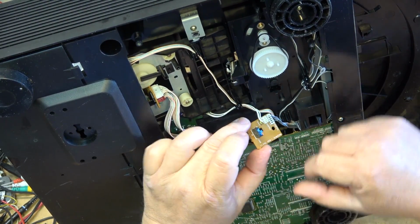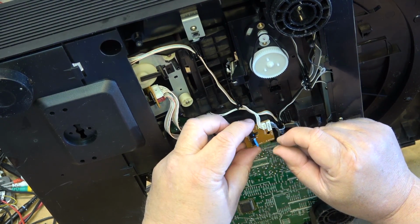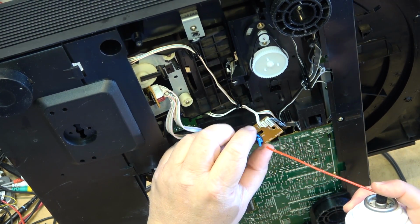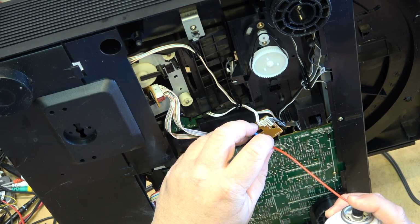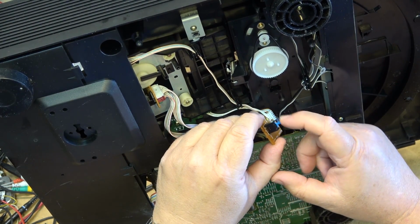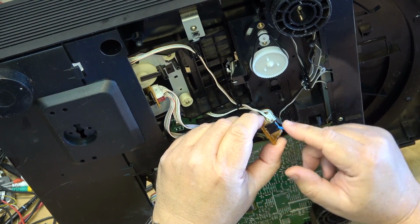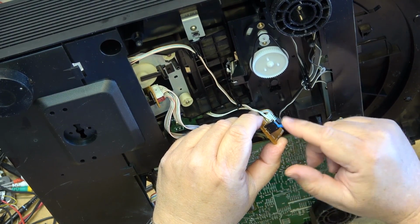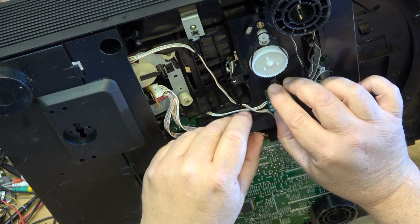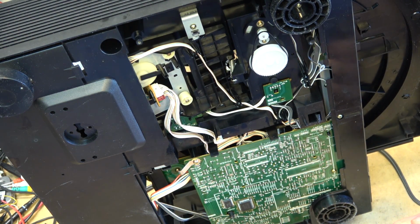And this is one of those rocker switches that gives us so many problems. The contacts in here also get dirty, and especially if it hasn't been used for a while. I guess the biggest problem with a lot of these devices is people used to use them all the time, and then they stopped playing CDs, and the devices just ended up sitting there collecting dust, and the switches go bad. And then once that happens, you get all kinds of weird problems, like intermittent play,